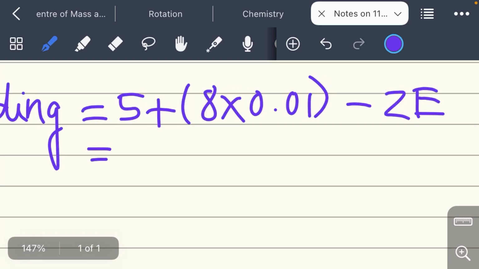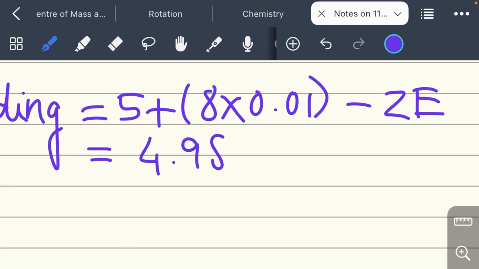4.98 सेंटीमीटर, ऑप्शन 3 इज़ योर आंसर। होप यू अंडरस्टूड द क्वेश्चन। थैंक यू।